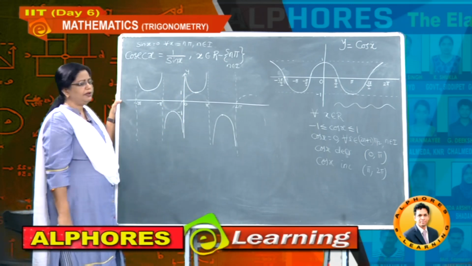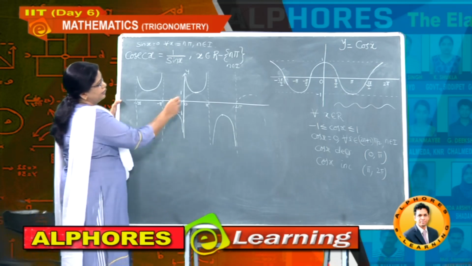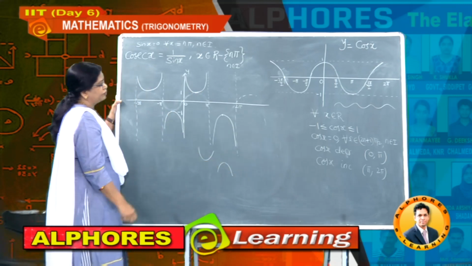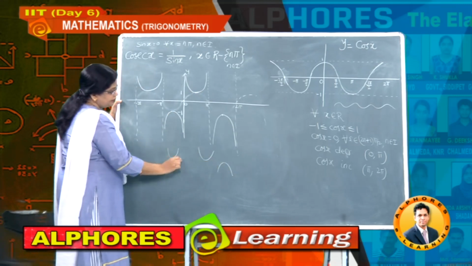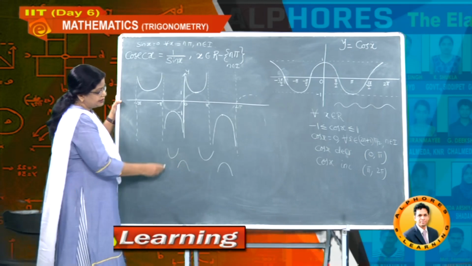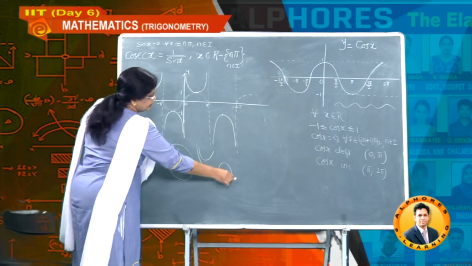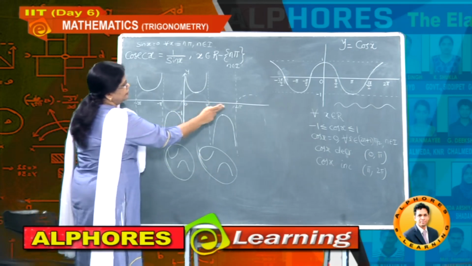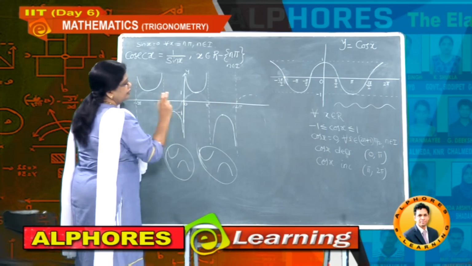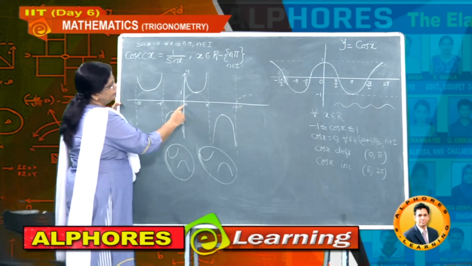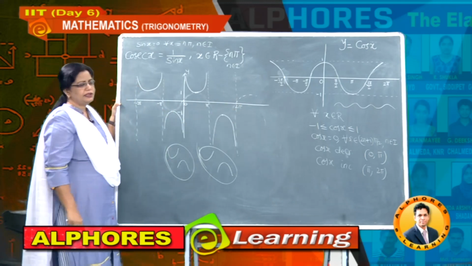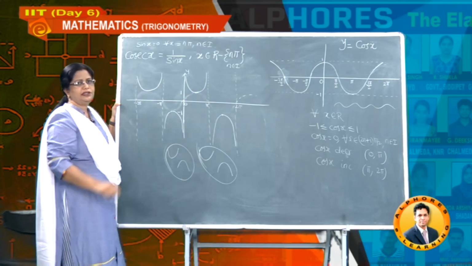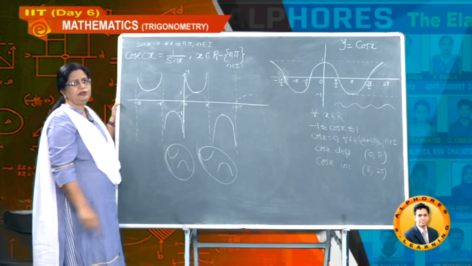You can observe the same kind of graph. This is one graph value, it is up, and the other one is down. Here also you observe one is up and the other one is down. So if you consider this as one shape, then the same shape is repeats for every gap of how much here? 2 pi units. For a gap of 2 pi units, you can observe the same shape of the curve, up and down like this. Therefore this is known as what here?